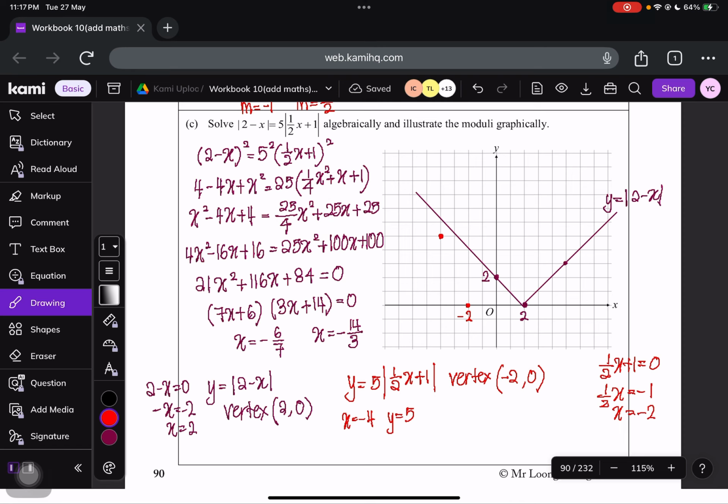Okay? Then we will choose a point on the other side. So maybe I have to choose x equals 0 because I need it. Like I said, I need it. So when x equals 0, half times 0 is 0. 0 plus 1 is 1. So modulus of 1 is still 1. Times 5, you get 5 also. So it's (0, 5). So it's somewhere around here. So this is 5. Now every time your graph crosses the y-intercept and the x-intercept, you must